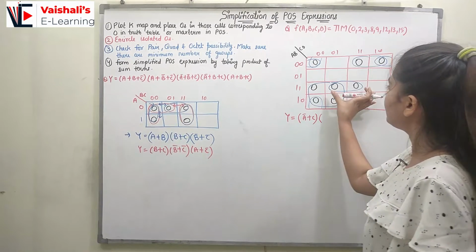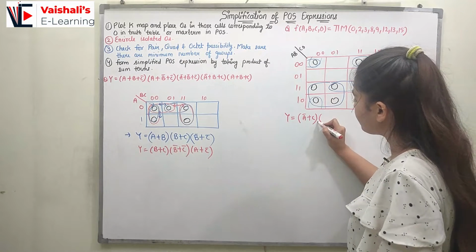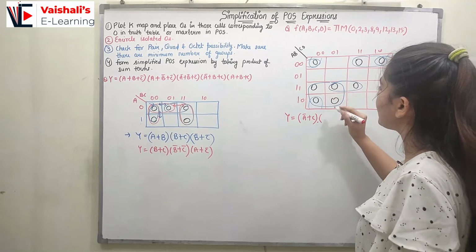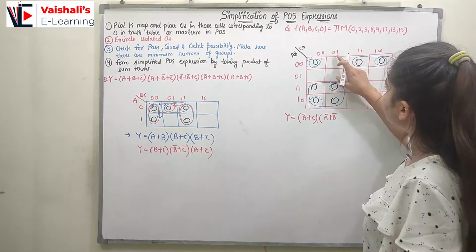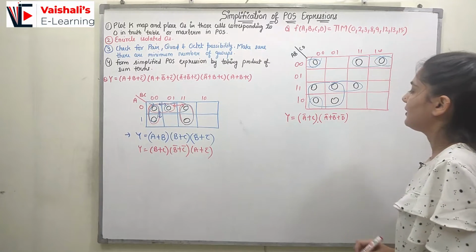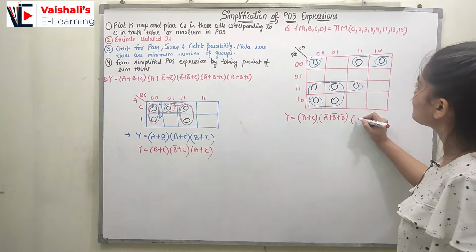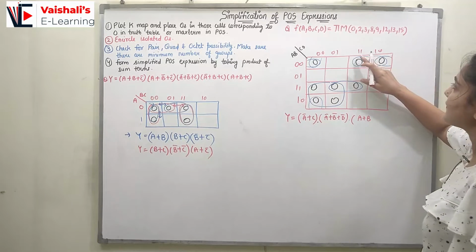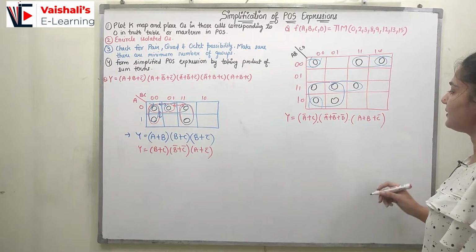After that the second term I am taking from here. This is my second term. This is the sum term that I am taking over here as a product. So this sum term will be having 1, 1 as AB, so A bar plus B bar, and if I see C and D, C is changing from 0 to 1 and D is 1, so D bar. After that the next term we can take for these two zeros, and for these two zeros I will be having AB as 0, 0, which is represented as A plus B, and if I see C is 1, which is represented as C bar. D is changing, so we are skipping D.